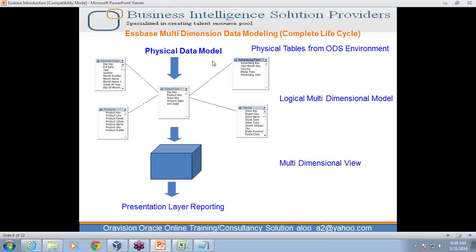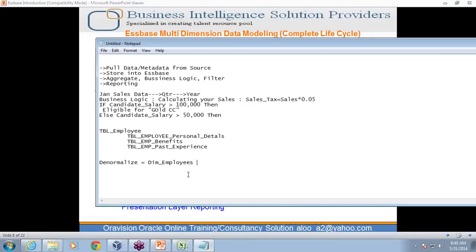We'll talk about many case studies as we proceed further. We'll take a couple of case studies from sales and from finance, and I'll tell you step by step the way of pulling this metadata and designing the model. Ultimately, from an Essbase point of view, the metadata should be available to you in star schema. The ultimate objective is to convert especially the model into star schema.